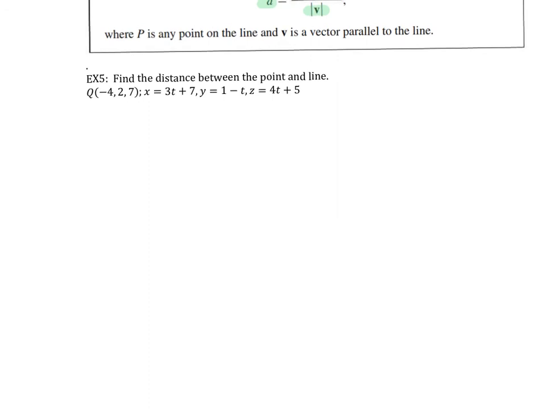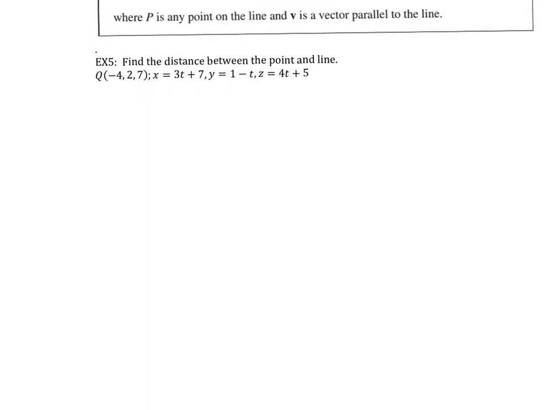Let's find the distance between this point Q and the line. This line is given in parametric form, x, y, and z. So first of all, in the formula, I need my direction vector v, but I also need to find the vector PQ. I have Q. How do I find P? Well, let's look at the parametric representation. My point P is going to be equal to,